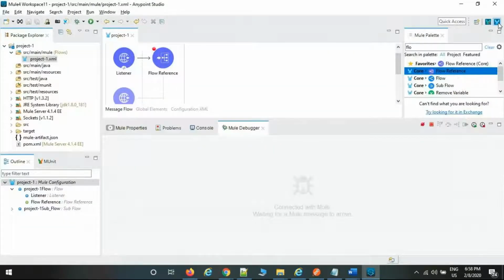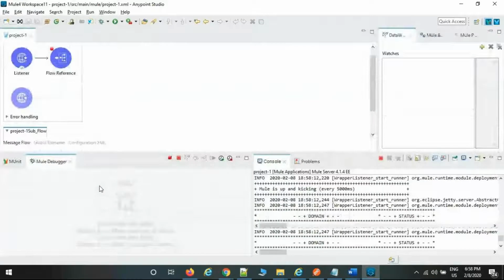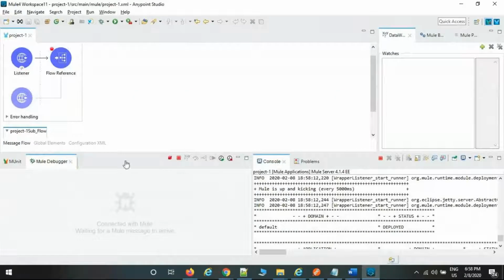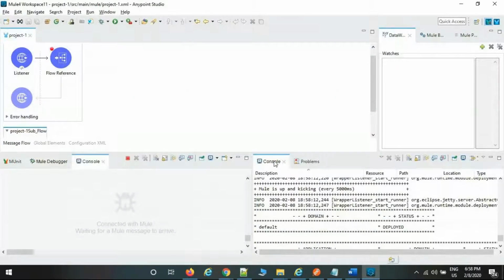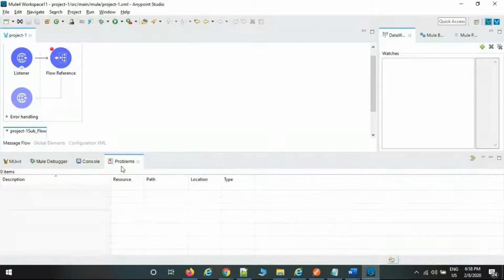Design mode means we are designing, the development mode, and now I have selected yes, it moved to debug mode. Come back to here. Now the window looks like this. If you want to keep it in a proper shape, just drag it and keep it in one place, because after clicking on debug mode it is going to shuffle. So keep it in one place.